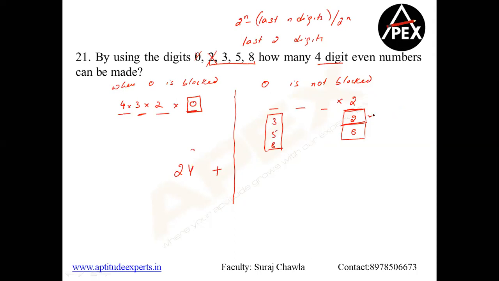I repeat, suppose I'm blocking 2. Now what did I tell you? If you are placing 3 digits here, by default place 3 also here if repetition is not allowed. Now why is that the case? Suppose I'm blocking this guy also. So this guy is blocked in the first place. Now I can have a 0 or I can have a 5 or I can have an 8. So I can have 3 cases here. Since repetition is not allowed, further I can have 2 cases here. Clear? So 3 threes are 9, 9 fours are 36. So if I want even numbers, my even numbers without repetition is going to be how many? There will be 60 even numbers without repetition.